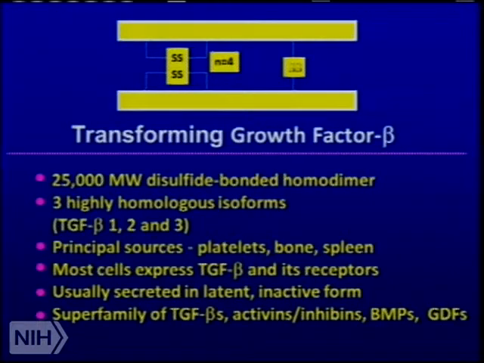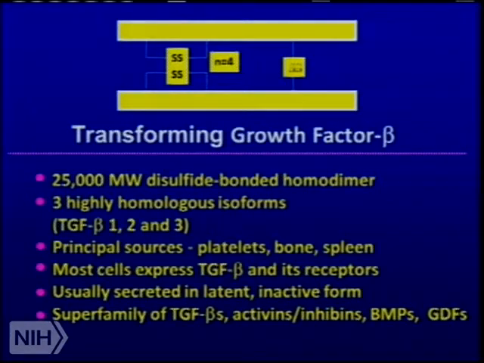Three highly homologous isoforms have been shown to exist in mammals. These are TGF-beta 1, 2, and 3. In addition, TGF-beta 4 has been identified in birds, and it has highest homology to mammalian TGF-beta 1. And TGF-beta 5 has been identified in amphibians, and that has highest homology to TGF-beta 1 as well. Most recently, a sixth TGF-beta isoform has been identified in fish, and again, that shows most homology to TGF-beta 1